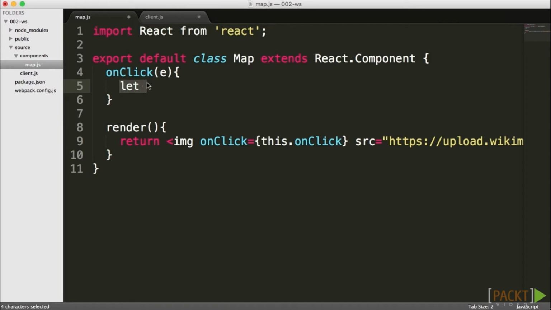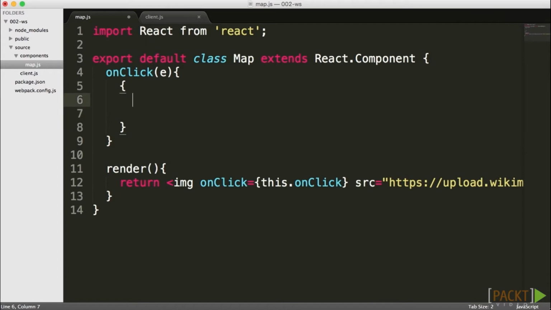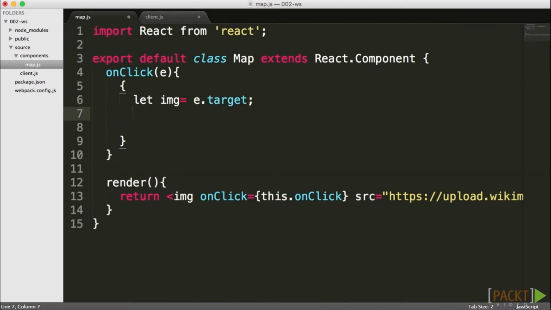So in other words, if I had here these open and closing curly brackets, and I set here a let, and let's say I called this name equals, or let's set it even to what we need it to be. For example, image. Now, in the case of image, our image is inside of our e.target. Now, what will happen is if I go to my console log and I log out that image right away in this spot,